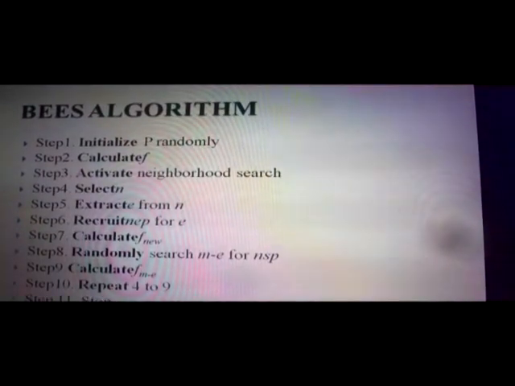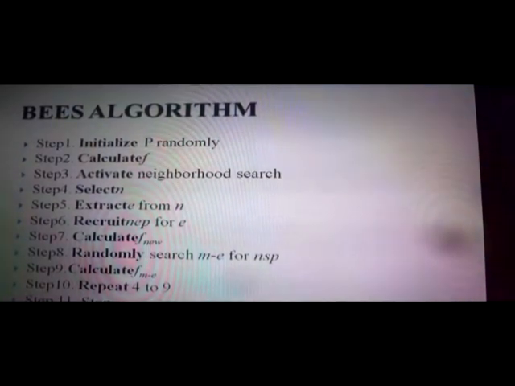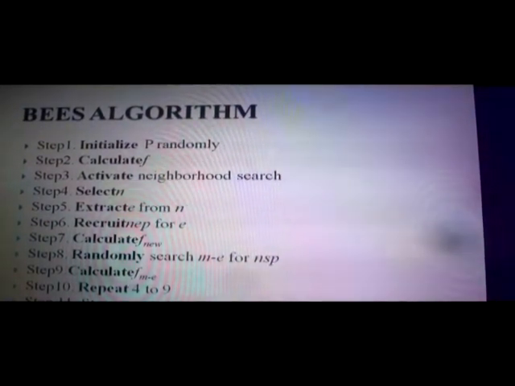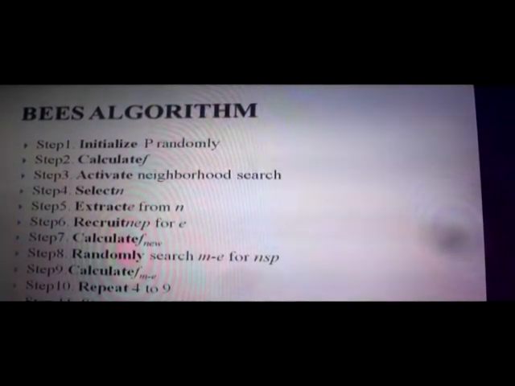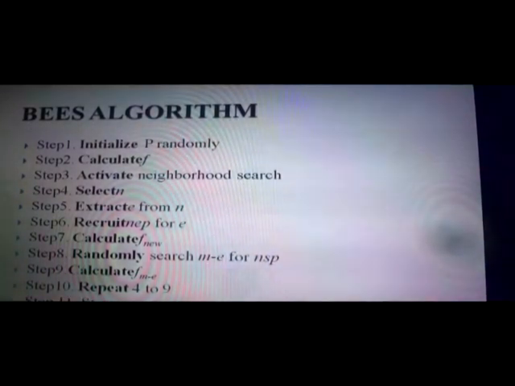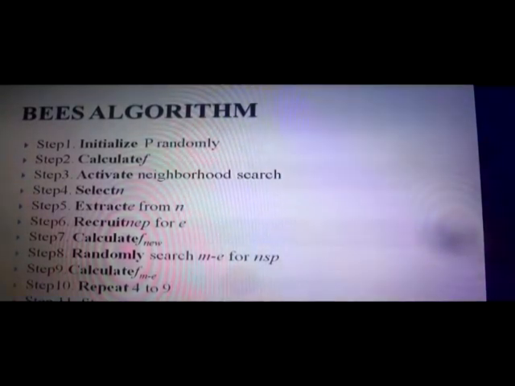Now, the Bees algorithm. We will firstly initialize the population P with random solutions, then evaluate the fitness of the population while stopping criteria not met. We form the new population. In step 3, we select sites for neighborhood search. After that, recruit n number of bees for selected sites. In steps 5 and 6, the algorithm conducts searches in the neighborhood of the selected sites, assigning more bees to search near the best E sites.